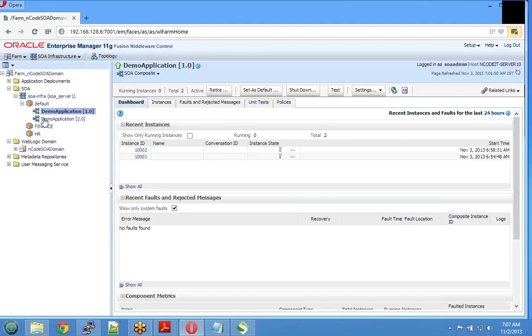So here the calculator is a composite. It has a single WSDL. It offers a service. And external clients can call this service with the inputs that it's expecting. Every time an external client accesses it, an instance gets created. So here, for a demo application, we've done it 2 times,